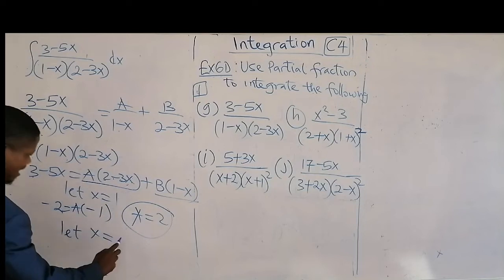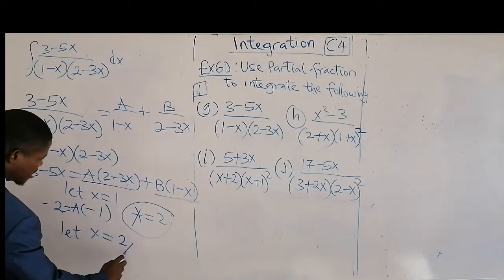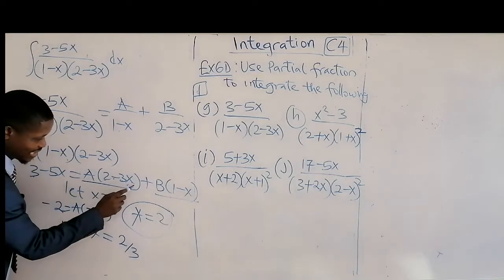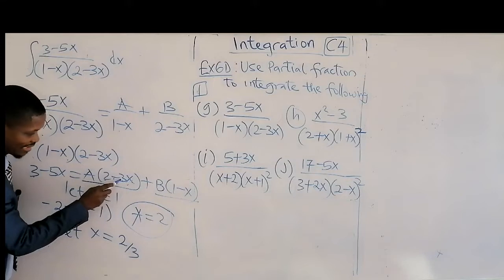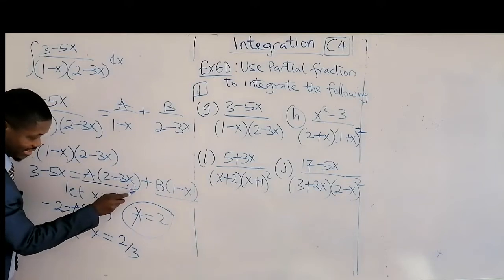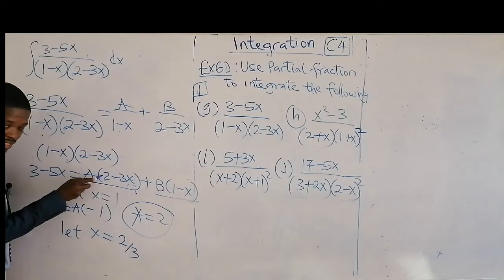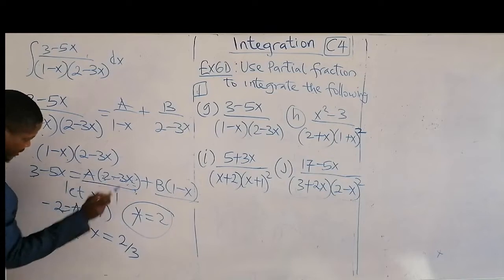Then let x also be 2 over 3 so that this expression can be cancelled. How did I think of that number? If there's a fraction, I multiply, and the denominator of that fraction is 3, so that 3 and this 3 will cancel out. And I have 2 here, so I use this value as numerator. So that's 2 over 3.